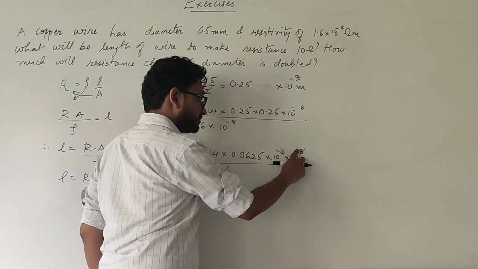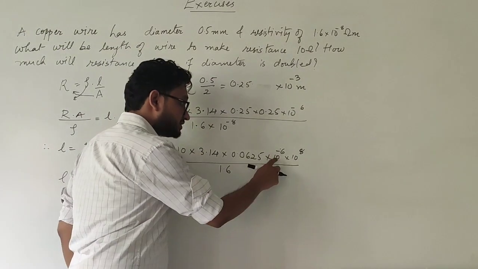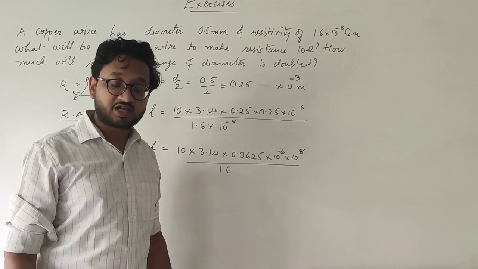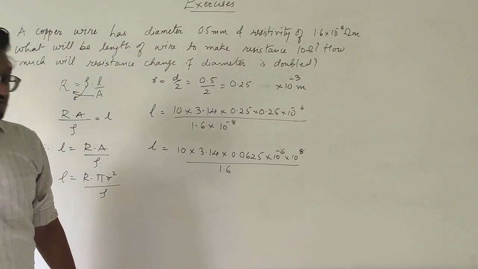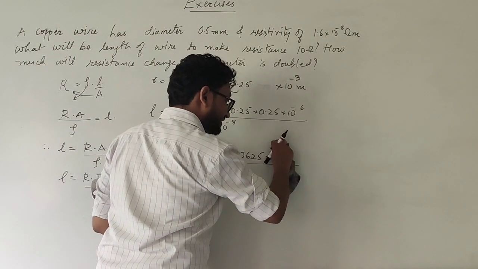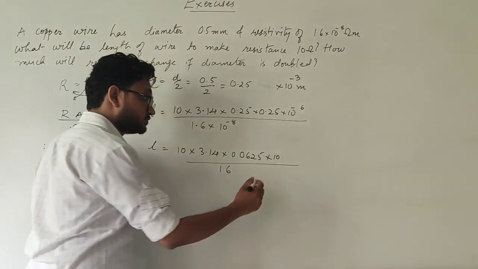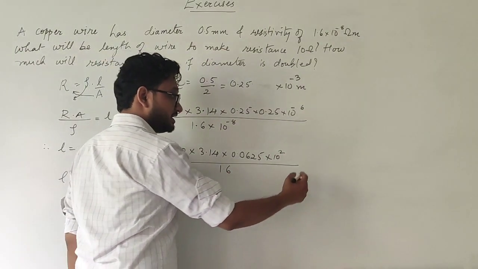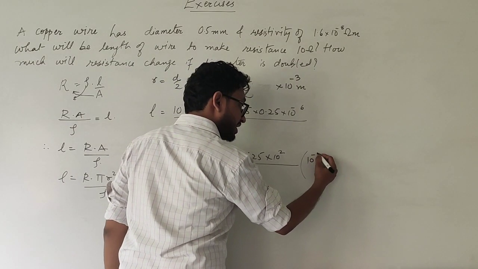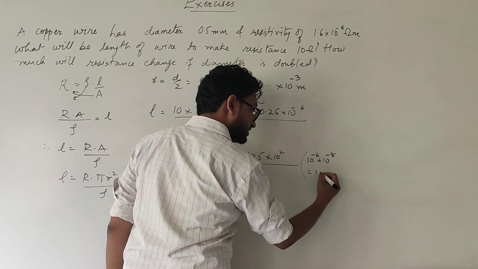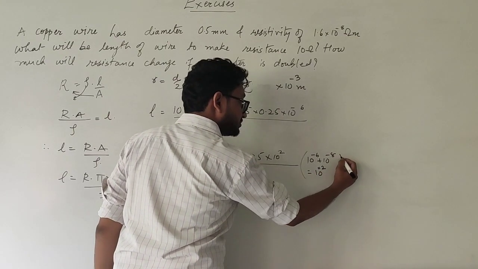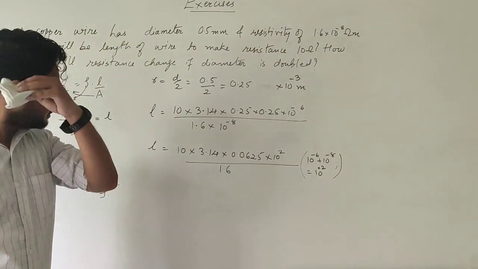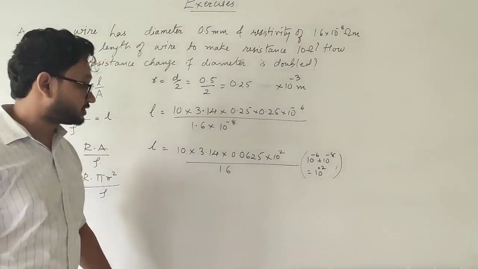So now you have taken the powers in the numerator as well. Once again the bases are same, so the powers can be added, and minus 6 plus 8 or 8 minus 6 can be written as 2. So you can write over here the power as 10 raised to 2, that is 10 raised to minus 6 plus 8, that is 10 raised to 2. I hope it is clear to you students. I will just write it in the bracket over here. 10 raised to minus 6 plus 10 raised to 8 gives me 10 raised to plus 2. So it is better for you to understand. That is what I have done over here. Now 10 into 10 becomes 100, or you can keep it as it is.